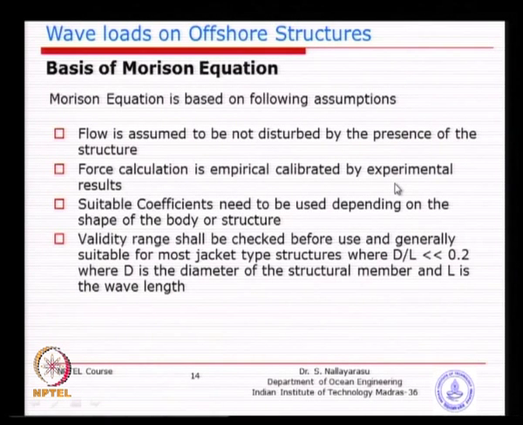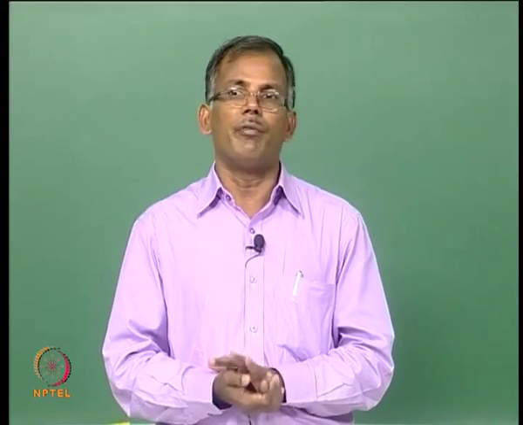So, what he did was, he proposed a formula, calculated the force on a known geometry of the structure, and then went to the laboratory, did a measurement and made a comparison. If they agree 100%, it is good. If there is a difference, make an adjustment to the calculated force until your measured force matches the calculated force. So, adjustment means correction factors, you get the idea, no. Basically these correction factors are called the empirical coefficients, termed as the drag coefficient or inertia coefficient, whatever we are going to term.